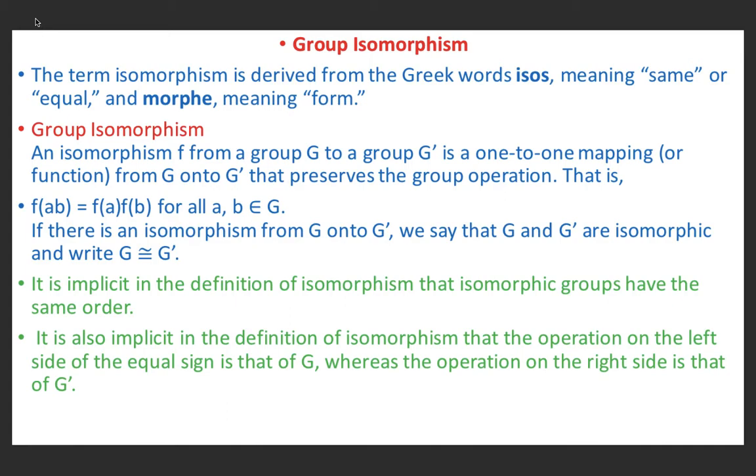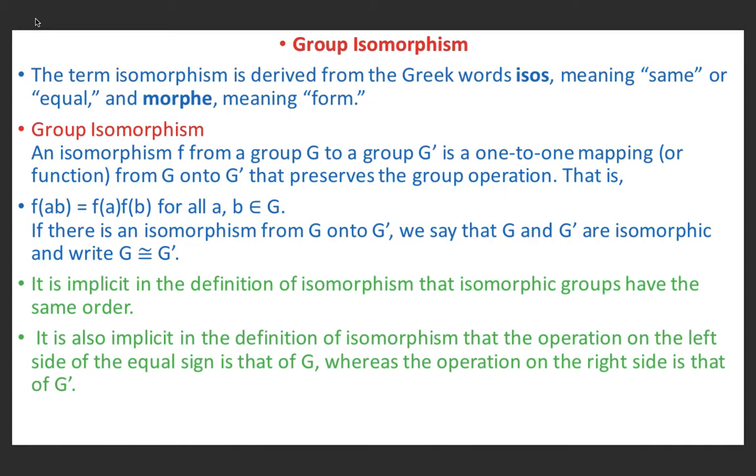For example, we observe that when we have a cyclic group of order n generated by a, the operation turns out to be essentially that of addition modulo n. Since a raised to power r times a raised to power s is equal to a raised to power k, where k equals r plus s mod n. For example, each of U(43) and U(49) is a cyclic group of order 42, where a^r times a^s is equal to a^((r+s) mod 42).